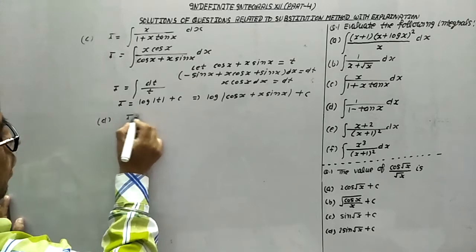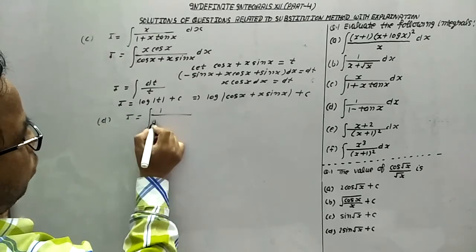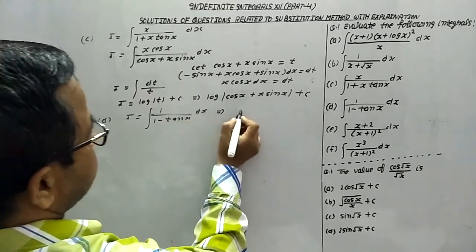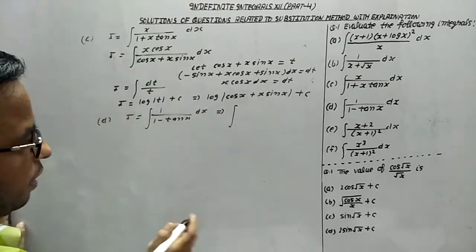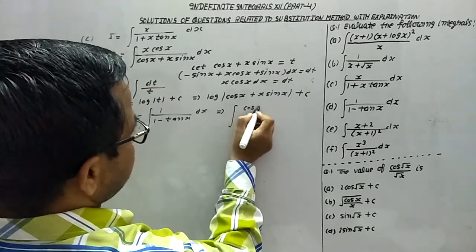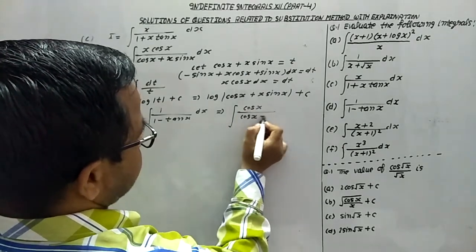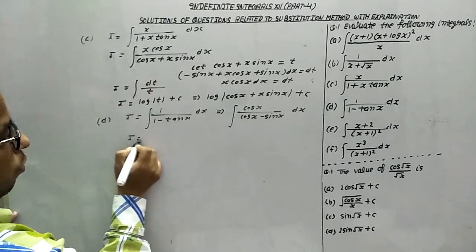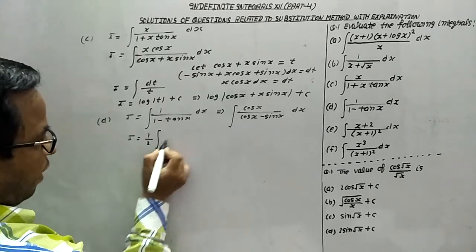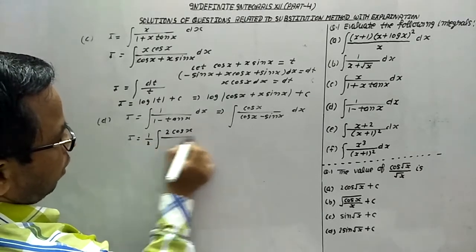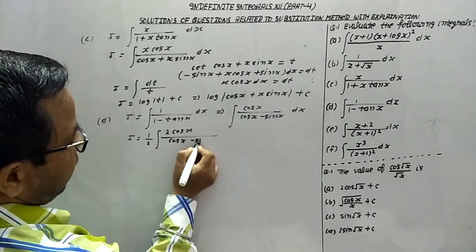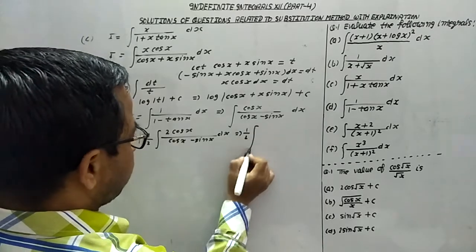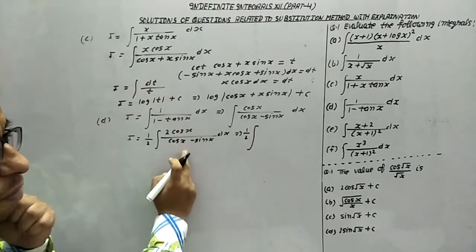Now look at the D part. We have I is equal to the integration of 1 upon 1 minus tan x dx. Very important question. It means again break this tan x. So what does this become? Cos x upon cos x minus sin x. In this question, this technique is very important. Whatever I am going to do, first of all multiply by 2 and divide by 2. It means 2 cos x upon 2 times (cos x minus sin x) dx, writing 2 cos x as cos x plus cos x. Now what you have to do is write down this 2 cos x in the form of cos x minus sin x.